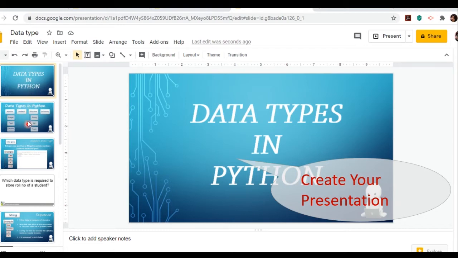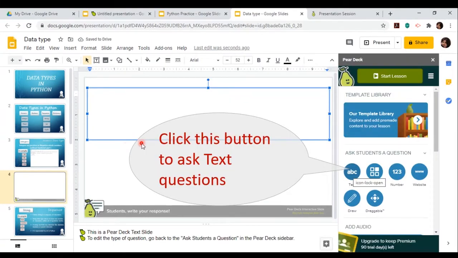While teaching my students through this data types slide, I want to ask questions also, and for these questions I want my students to give me answers in real time, which I can check and give feedback on. For that I will be adding Peertech questions, Peertech slides. So to add a Peertech slide,